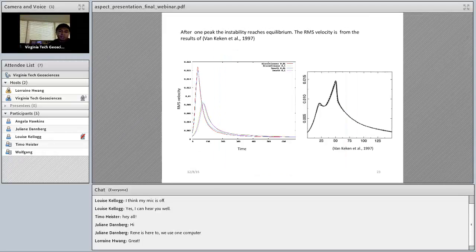So here we compare our result of the root mean square velocity from what is already presented in the Van Keken paper, and we can see that for higher contrast viscosity, the fluid rises faster, and its rise is slower for small contrast viscosity, and this is actually consistent with the result obtained from the Van Keken paper,